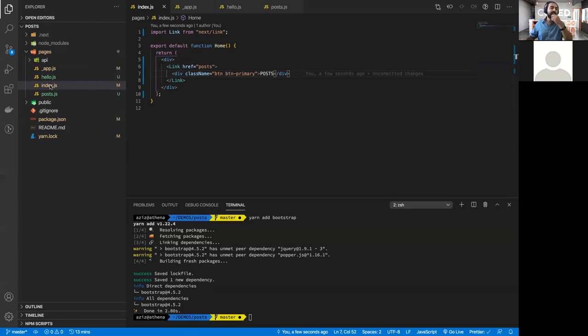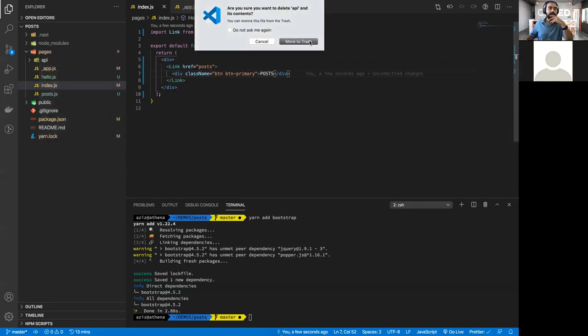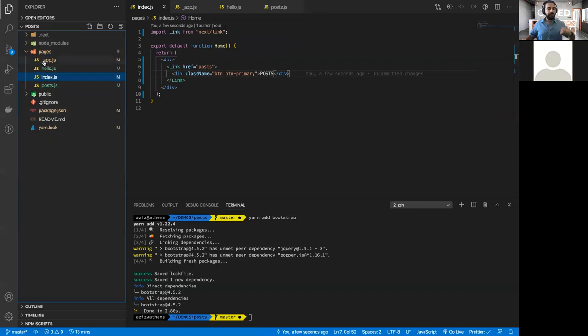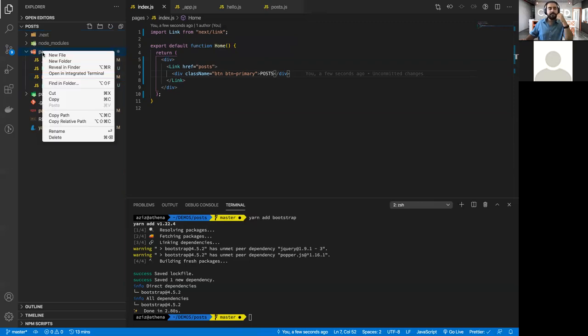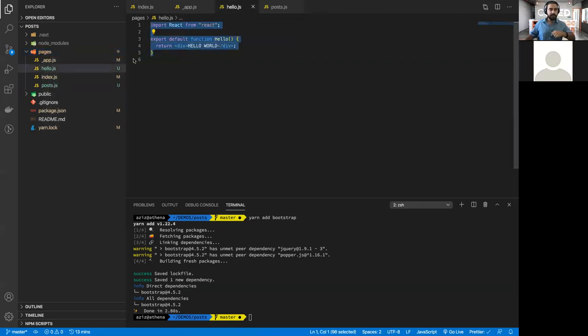Yeah. So let's create a slightly more complex structure over here. I'm going to get rid of this API thing because we're not using it. First of all, I'm just going to copy this so I can reuse it in multiple places. I'm going to start creating some folders inside pages. So let's create first a folder called, let's say, hello. And I'm going to move hello.js into here. Okay, and I'm going to rename it